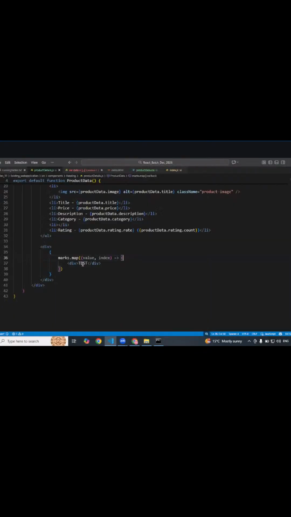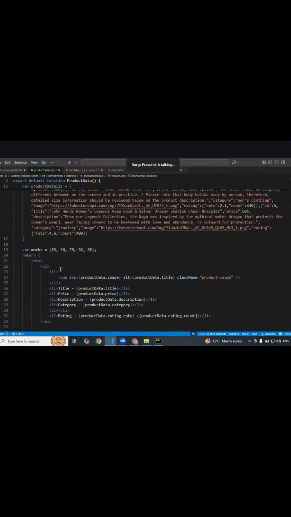But my expectation is I want to show the marks here. Now what I'm going to say is value hyphen index. Again, this guy has to be inside the expression. Now when I come back, reload, this is how you are able to iterate over the values within the array. Are we clear? Okay, in the same way,